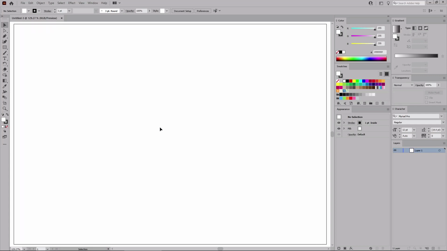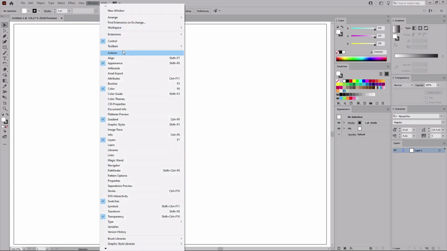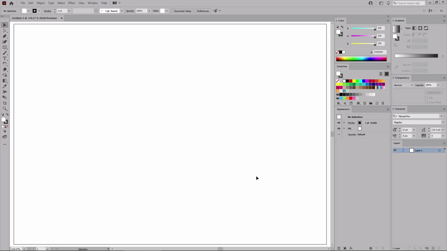And before we start the work on the text effect, let's go to Window in the menu bar and open the Appearance panel, the Color panel, the Gradient panel, the Layers panel, the Swatches panel, the Transparency panel, and don't forget the Character panel. Once you're done and all your panels are opened, you can start by selecting the Rectangle